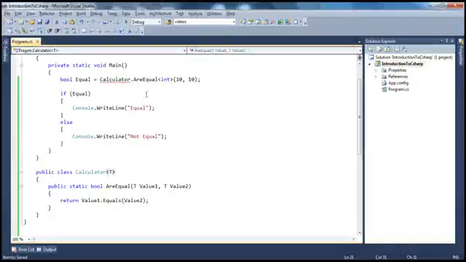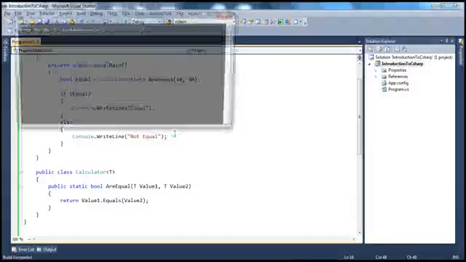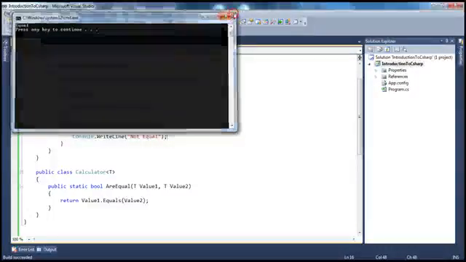So instead of specifying the type here, you specify that on the class. Maybe I want this class to operate on the int data type. The moment you do that, look at that. This method is going to expect integer data types. Look at the IntelliSense. Now if we run, as you might expect, the output will still be the same, except that in this case, we